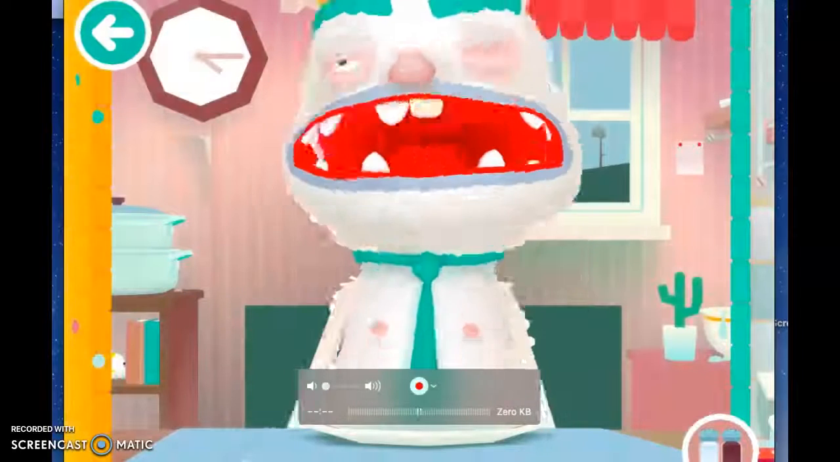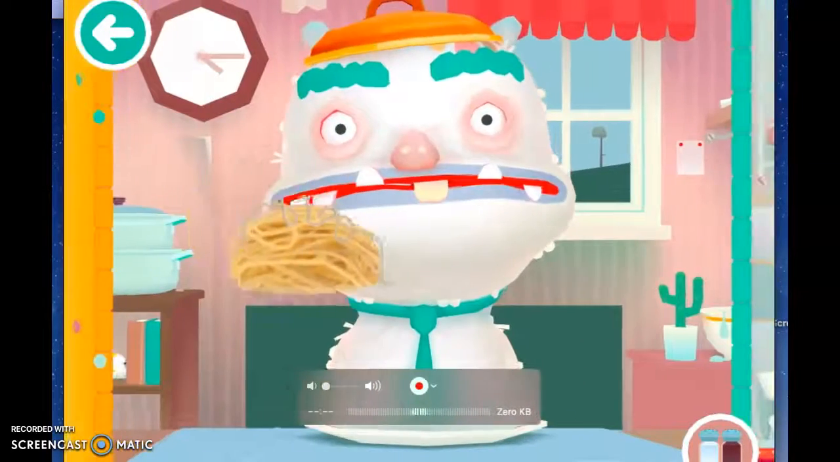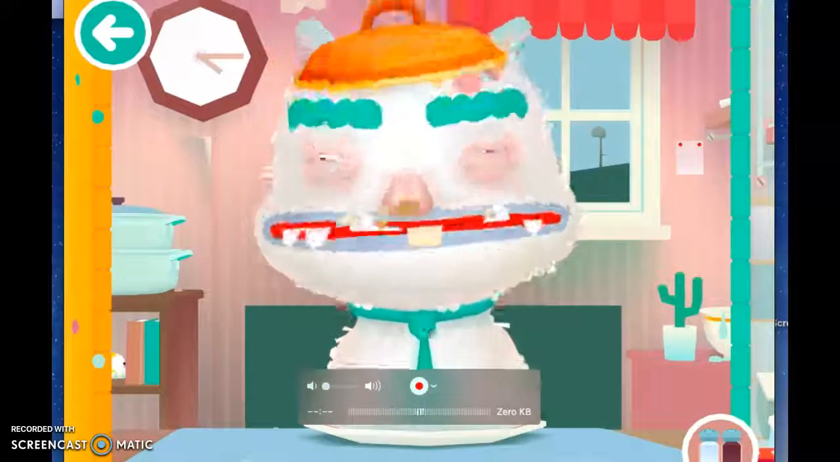So for example, here's the monster. Okay, and it has sounds. I just can't play it for you. So it's eating something, it wants to eat a spaghetti, does it like it, does it not like it,